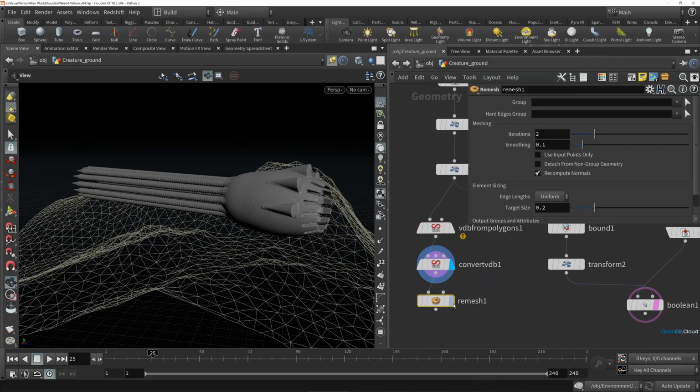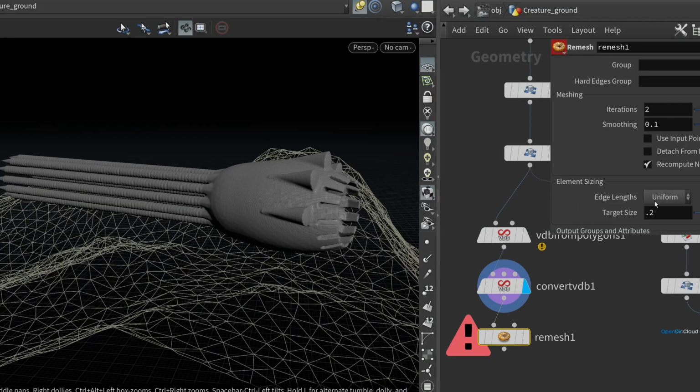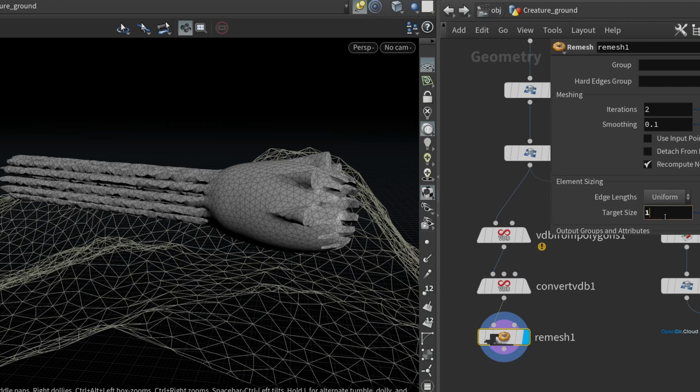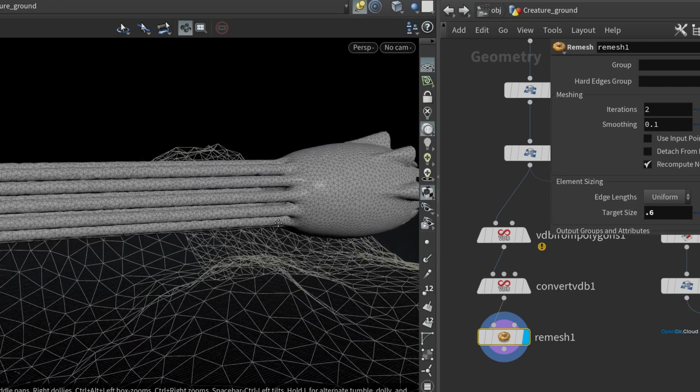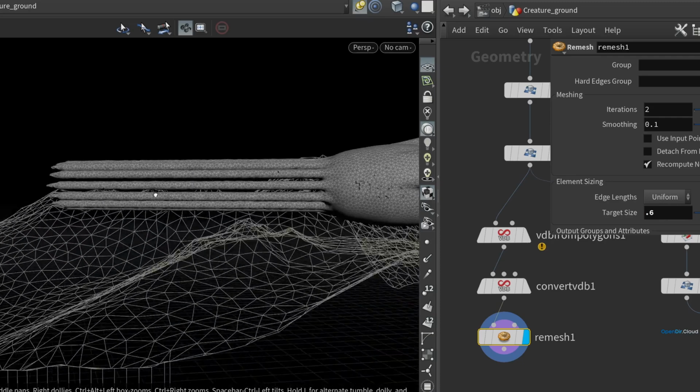for our sculpting purposes. So on this remesh, I'm going to try starting with a larger target size of 1. And let's see what that looks like. And perhaps that's a bit too low res. Yeah, this target size of 0.6 on that remesh gives us what I think is a pretty good resolution for